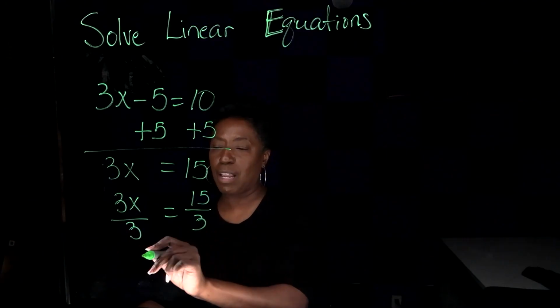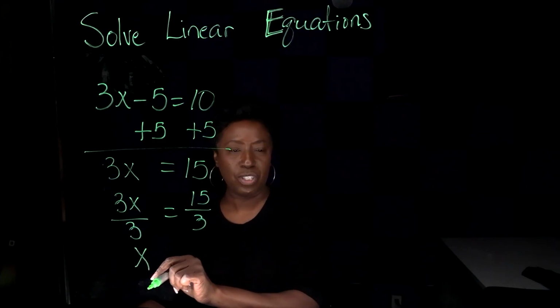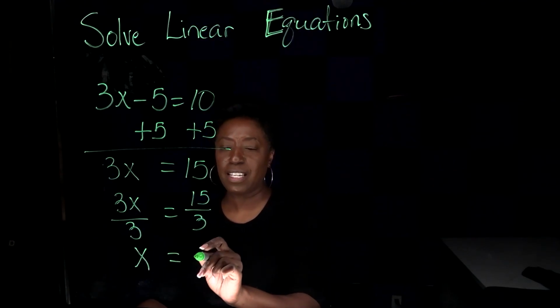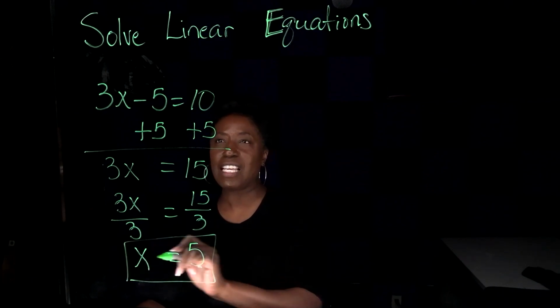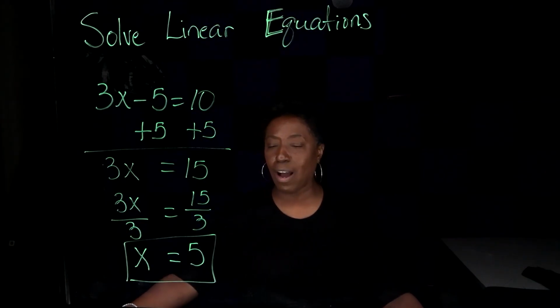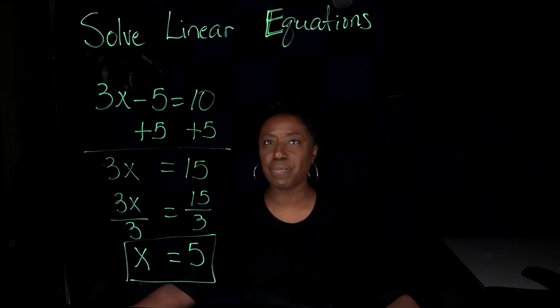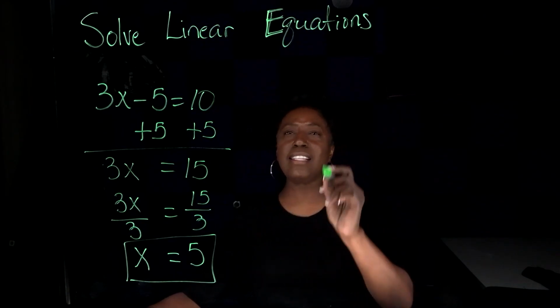Here I have 3 divided by 3 is 1x, which is the same as x, and 15 divided by 3 is 5. 5 is the solution to our linear equation. Let's try another example. Let's say we have